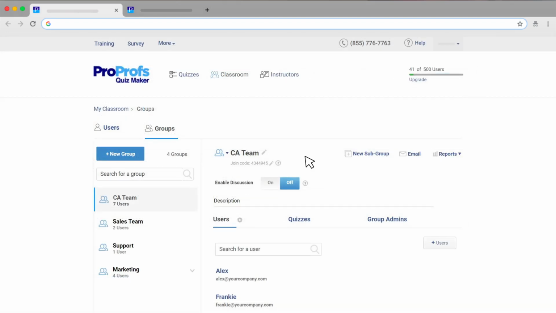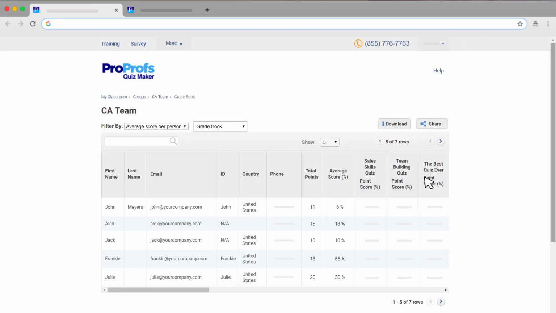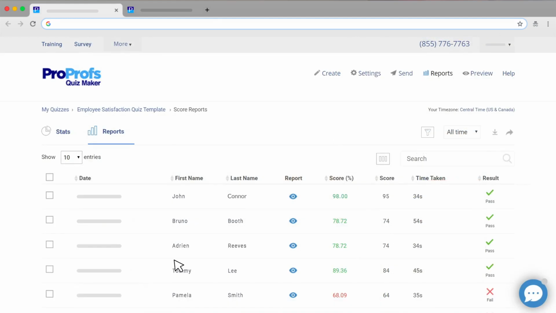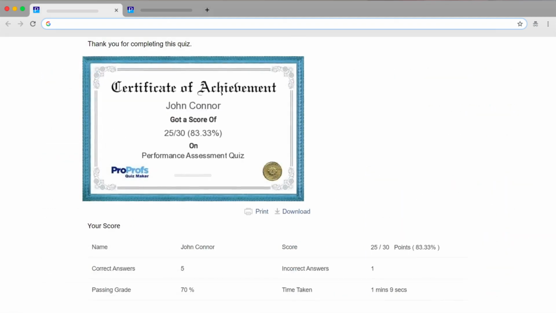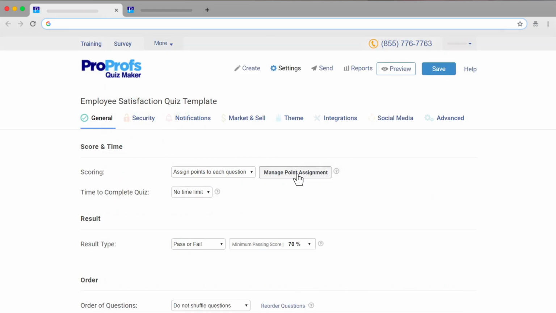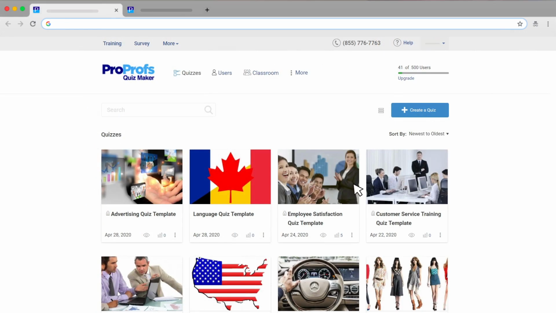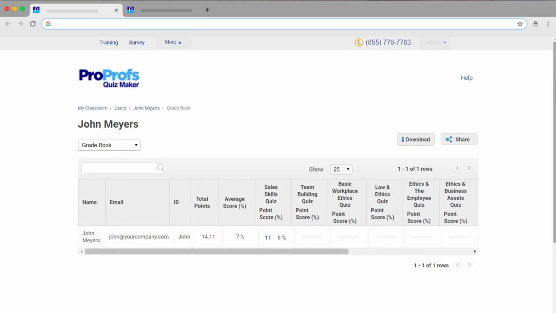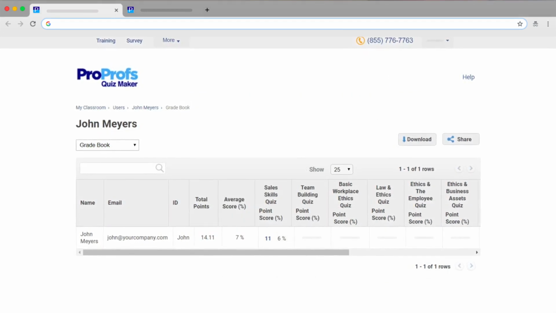Now, there are two ways you can check the grades achieved by your quiz takers. You can check out the gradebook report in case you just want to take a quick look at the total points and average score of your learner group. Otherwise, go to the quiz report for a detailed overview. It includes details such as the total score of learners, how many passed or failed, the total number of correct or incorrect answers, passing percentage, and more. Automating grades and feedback will help your learners participate in more and more quizzes, as they don't have to wait for their final scores, and the results are displayed automatically.